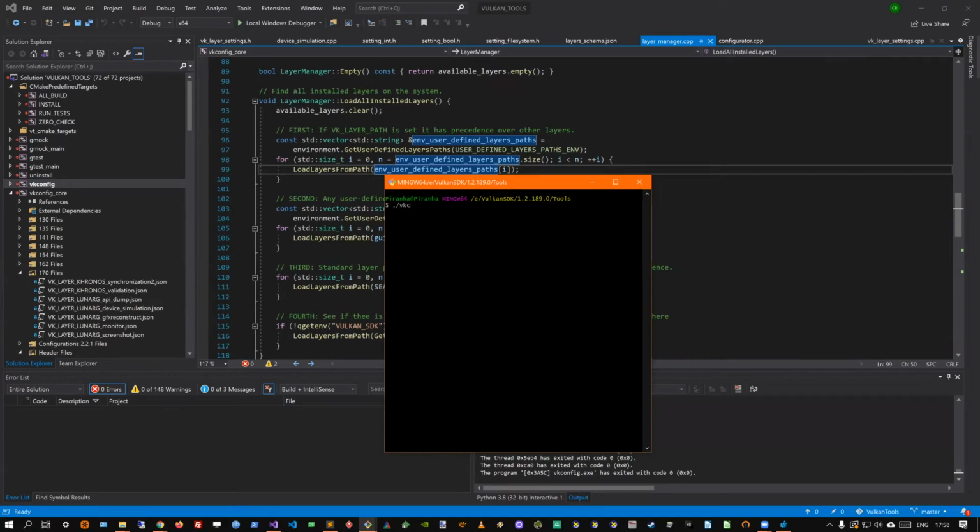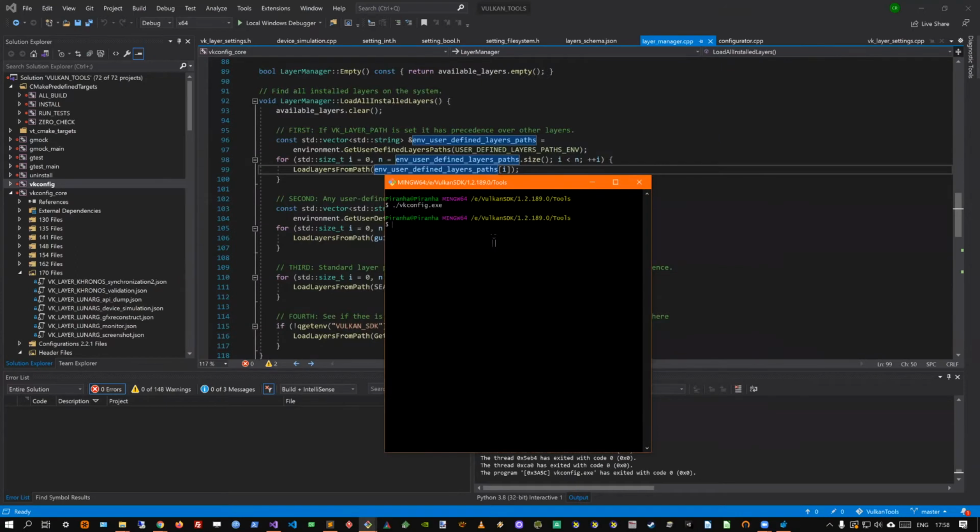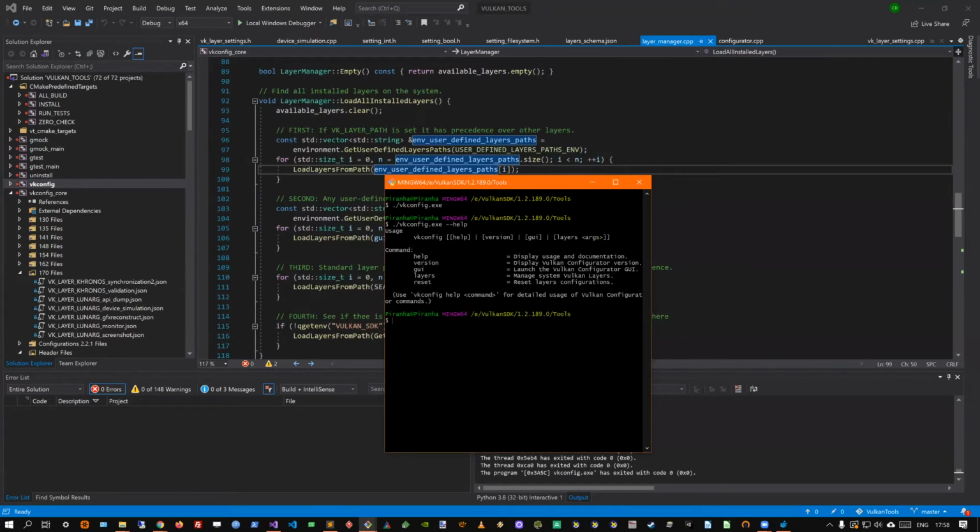So if we use Vulkan Configurator this way, it will just launch the UI. But what we can do is call help, and then we can see there are different commands.